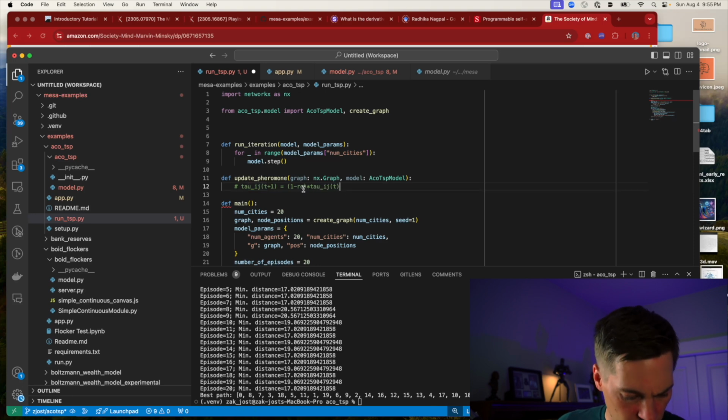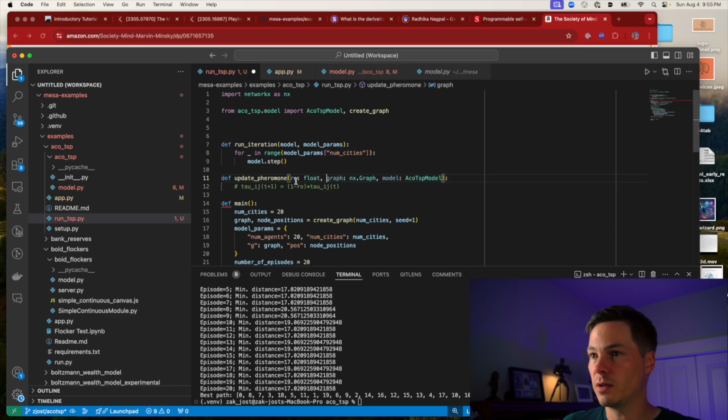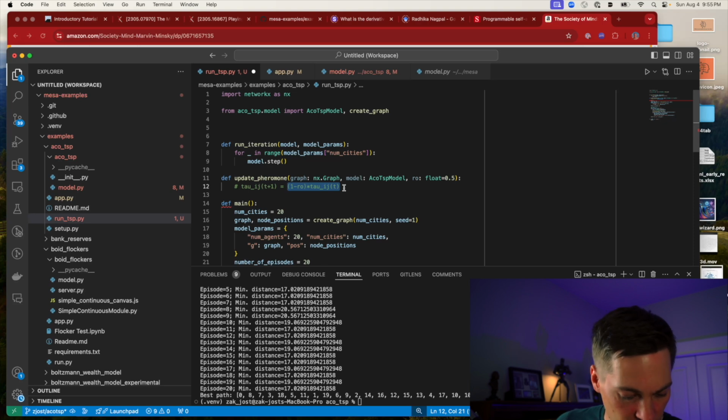So let's see. Rho, actually, sorry, I'm going to put this at the end so that I can add a default argument. So let's say this is 0.5. So it will cut the pheromone in half from the previous time period and then add to it